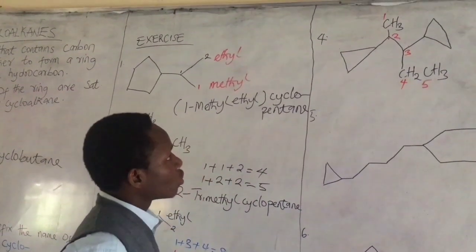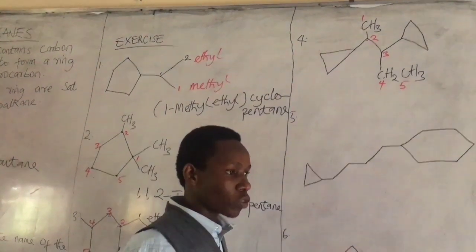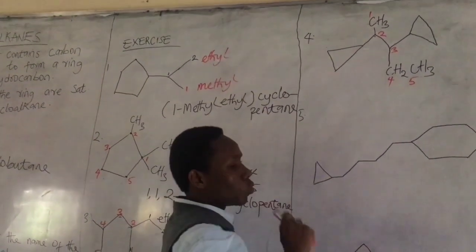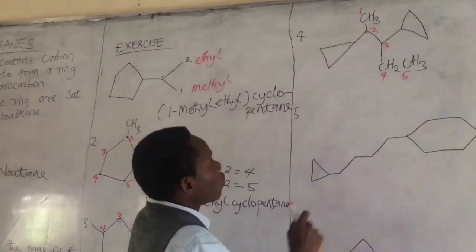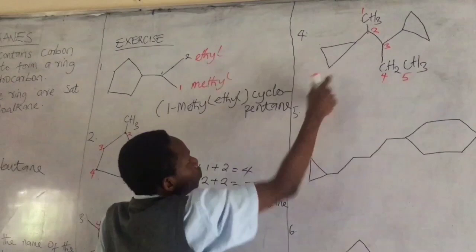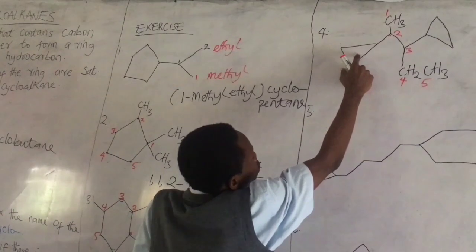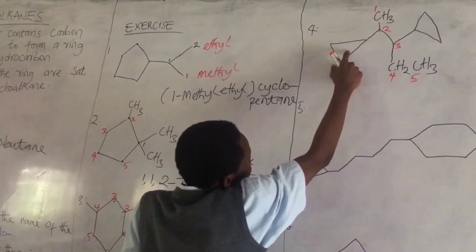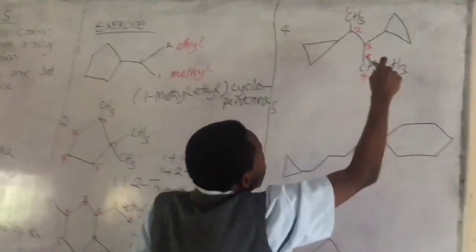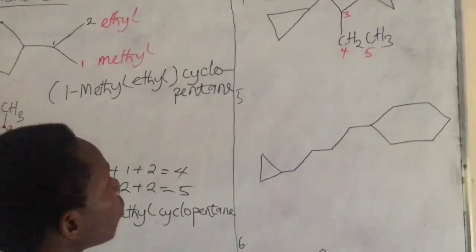But our interest is in the number of carbon atoms. Our interest is in the longest chain. So we are going to go for the longest chain and not for the cyclo. The cyclo will be our substituent, while the longest chain would be the name of the compound. What then would be the name of this compound? We have our first substituent here, cyclopropyl on carbon 2. We have our second substituent here, another cyclopropyl on carbon 3. So the name of this compound will be